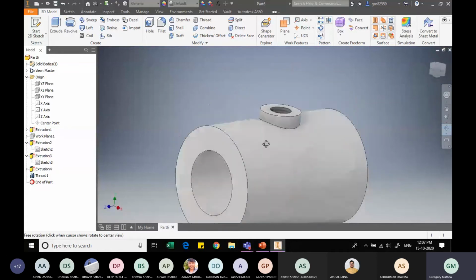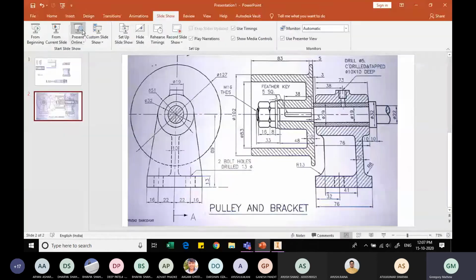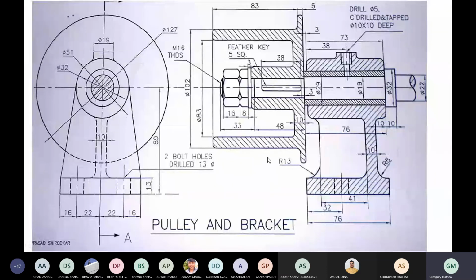Now the second portion of the part, ये एक हमारा first part हो गया, first and second part हो गया. So let me do from the current slide, I will use the laser pointer. तो ये ऊपर का part हमारा complete हो चुका है. Now the second, ये नीचे वाला part जो है, तो सबसे पहले हम ये base बनाएंगे. ये base बनाने के बाद we will connect them using ribs. मतलब ये जो base है, ये base exactly यहाँ से start होता है from this edge and we know it is 76 mm in length और उसका width आपको यहाँ से मिलेगा. width कितना है?